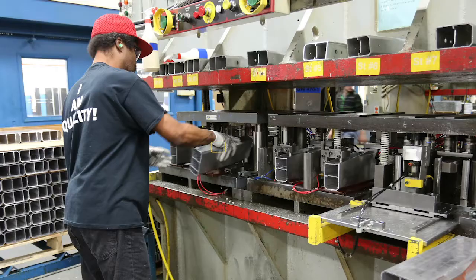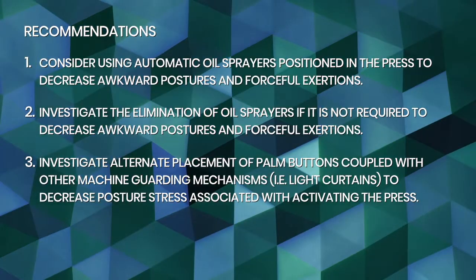The mechanical or localized contact stress observed was contact stress between the hands and edges of the crash box. It's important to note that gloves are worn. The recommendations for the challenge press job include